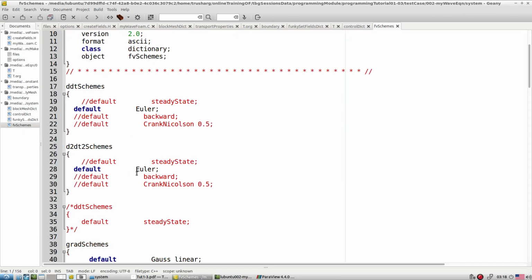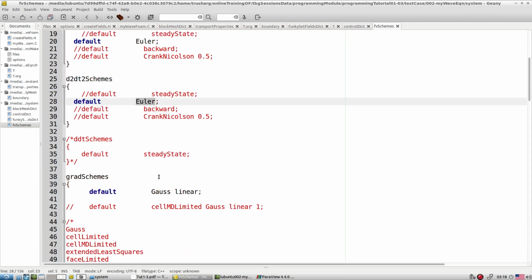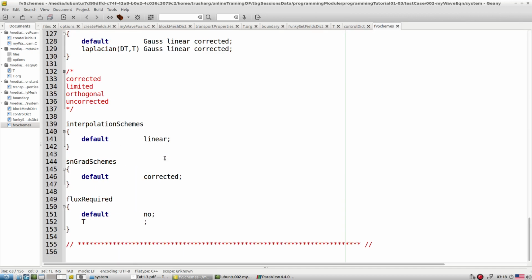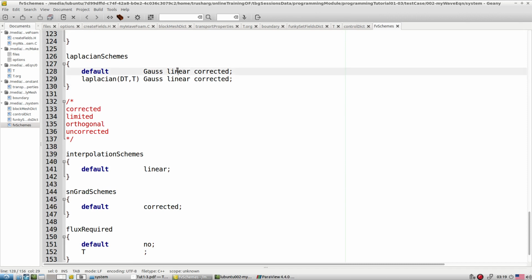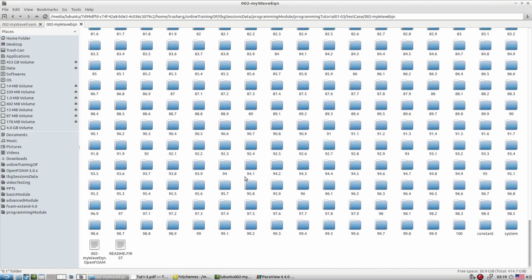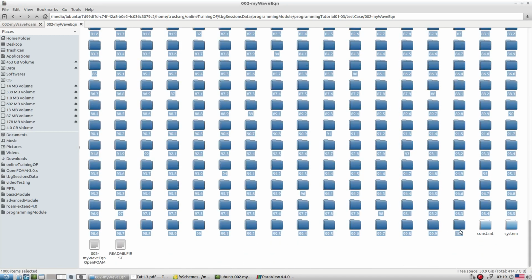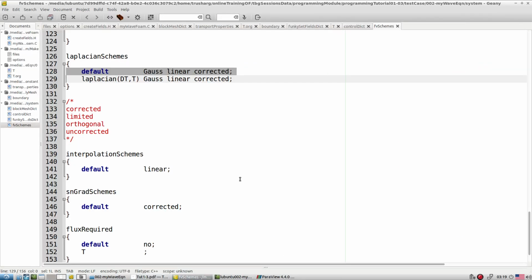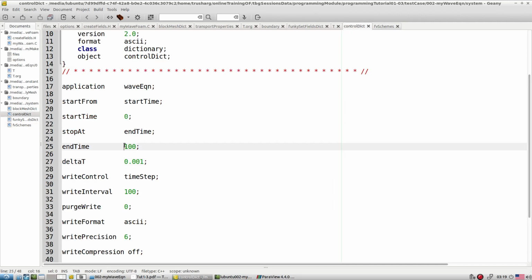The Euler scheme we have, linear, and for Laplacian schemes we have corrected, that is what we used inside the solver. So let me again delete this and run for something like 10 seconds.